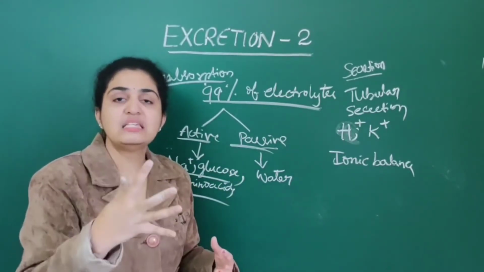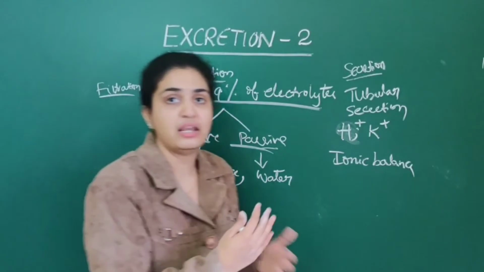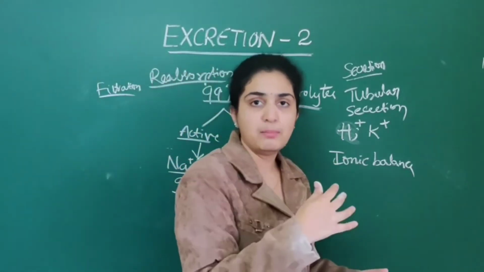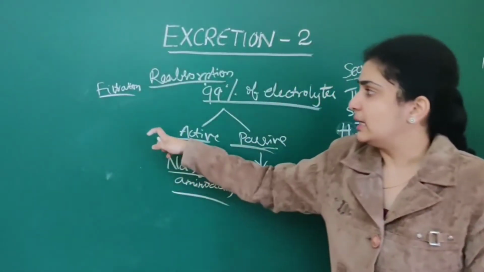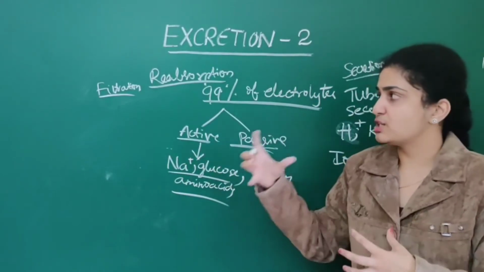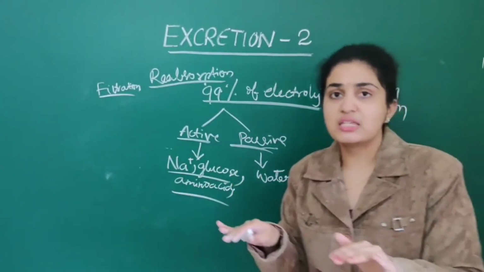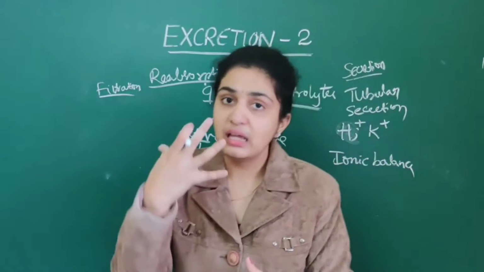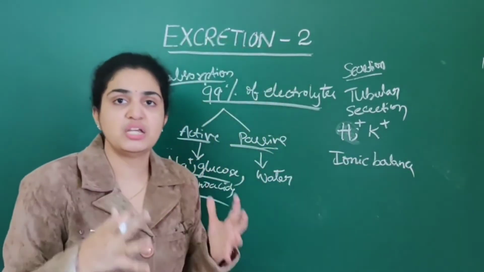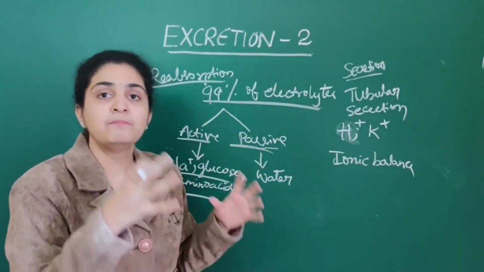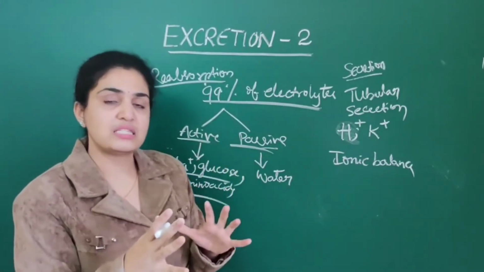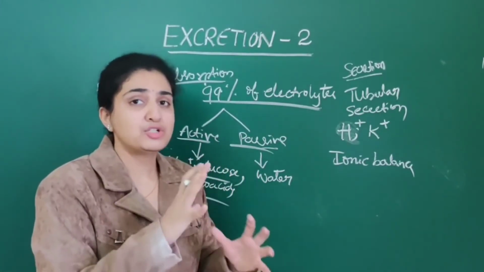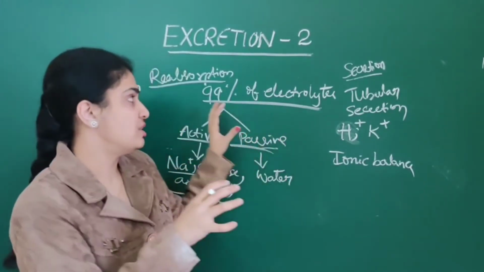It helps to release a substance called renin. This plays a very important role in the regulation of GFR. When GFR is decreased, the JGA cells will increase the GFR. It is formed by the efferent arteriole as well as the distal convoluted tubule. Mainly you should remember about JGA as well as GFR.